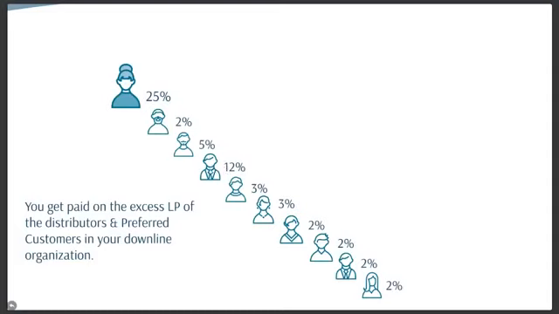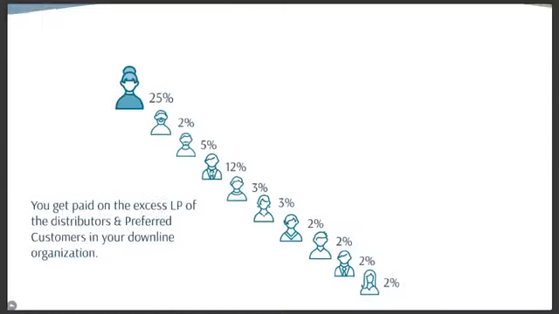So let's actually do that together. If they're taking 25% of their excess LP, the next level up is going to get 2%. The next level up after that gets 5%. The next level up after that is going to get that fourth percentage, which would now be either 6% if they're a Diamond or 12% if they're a Presidential Diamond or above. And so that's why we see a 12 here, even though they're on that third level. That's the fourth percentage that's being paid out because they're occupying one of those percentages.